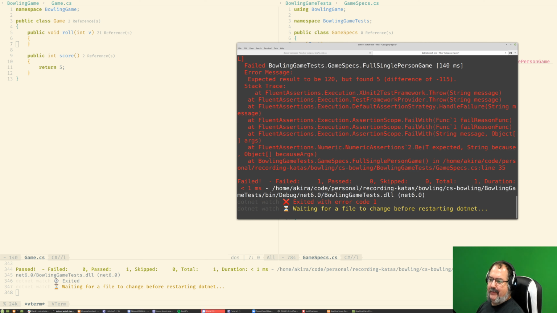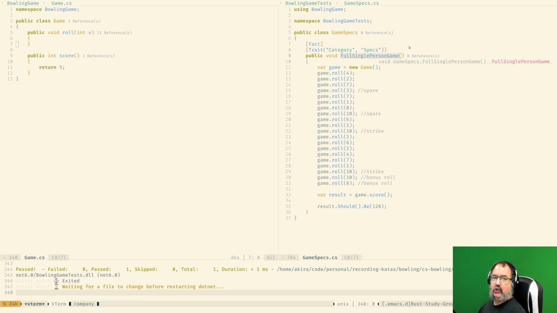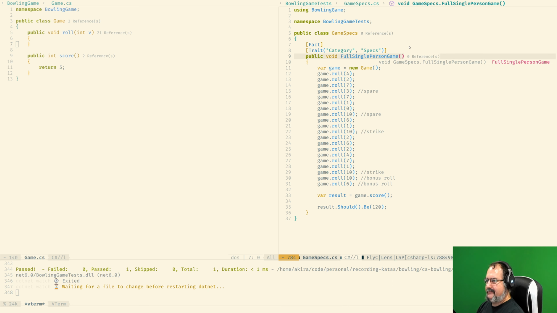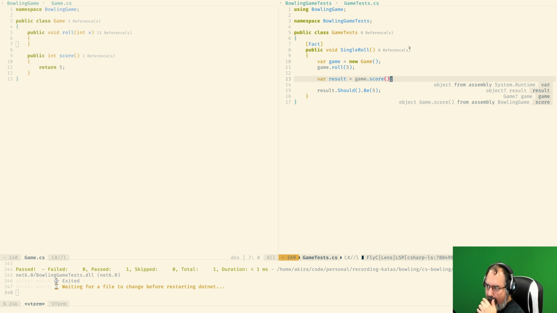I know that it's not gonna be passing. Until I haven't completed all the code, this test is not gonna pass. So, how would I prefer? Probably just run it manually when I think I'm close to being completed. When I know that I have implemented the spare, when I know that I have implemented the strike, when I know that I have implemented bonus rolls, then I will run the test. Until then, that specific test is gonna be failing. Okay.